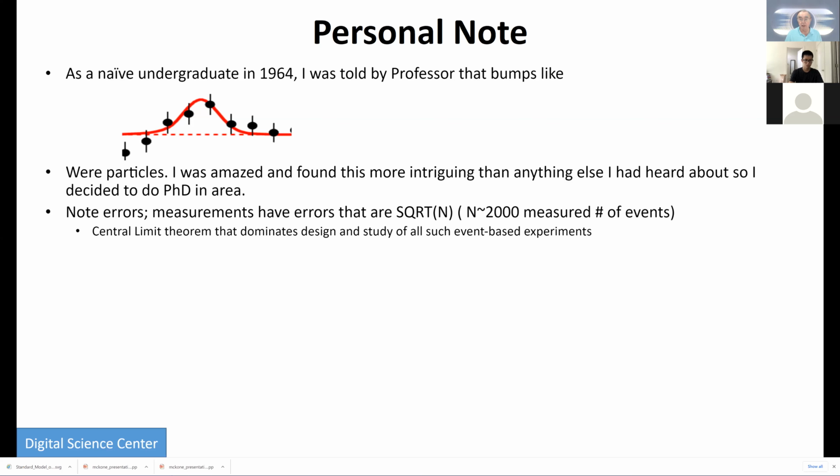So if you have 2,000 events, which is the number in this bump, the error goes like the square root of 2,000, which must be around, well, it's 45, something like that. So it's not a huge error. I mean, 2,000 is a non-trivial measurement. But